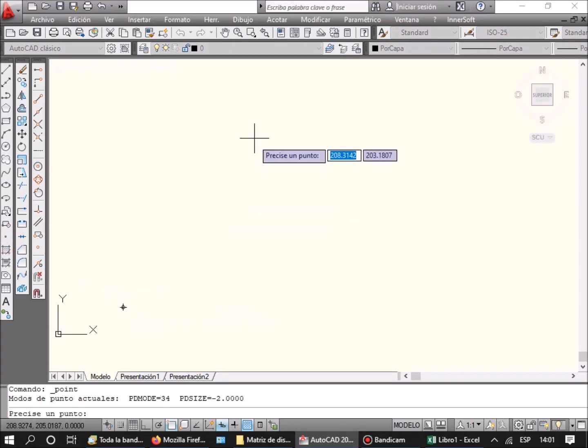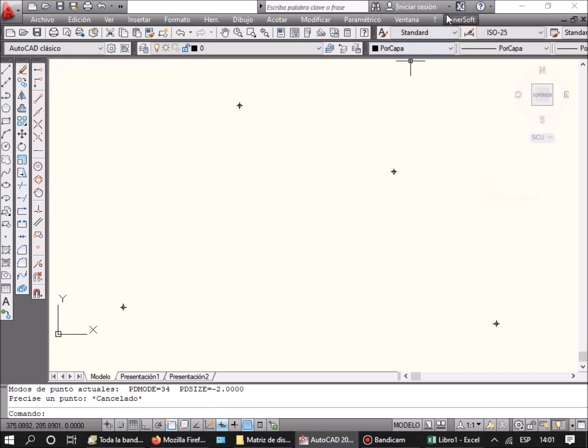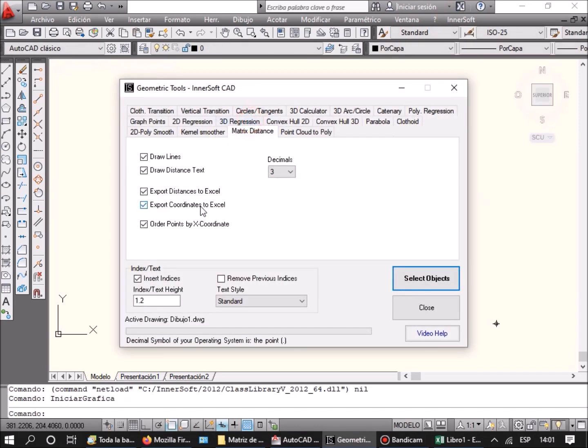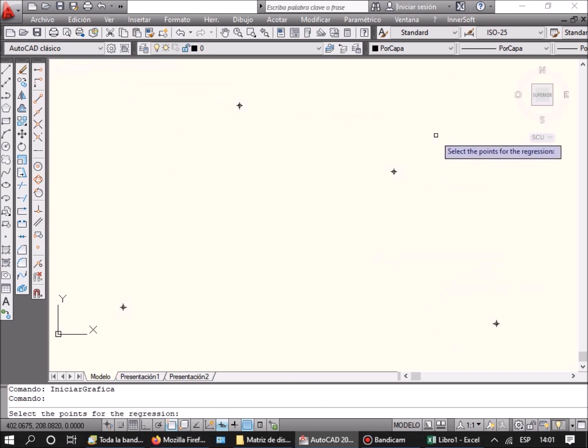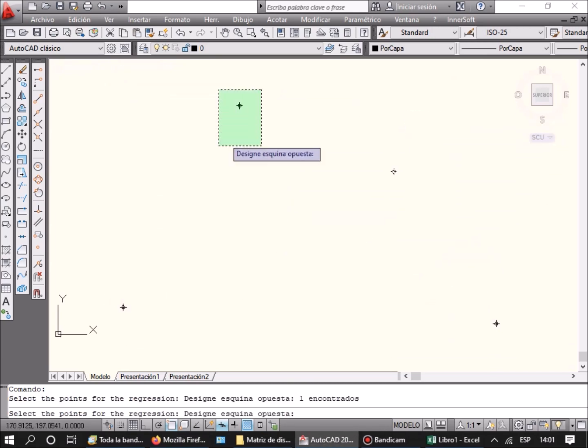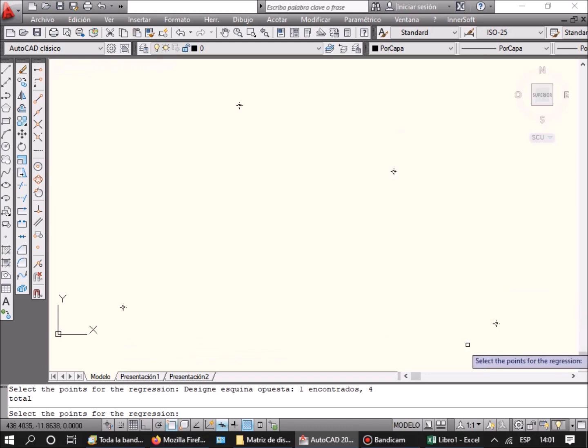A distance matrix is a square matrix containing the distances, taken pairwise, between the points of a set. The options are the following. Draw lines. Draw lines in AutoCAD, between the points. Draw distance text. Draw a text with the distance in AutoCAD, in the middle point of the line between the